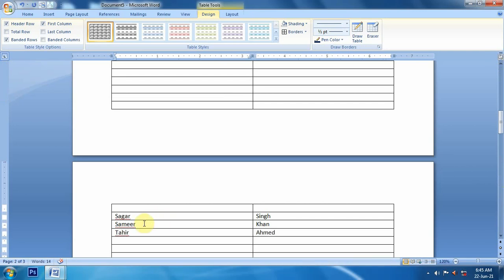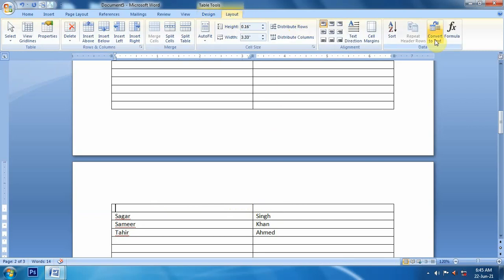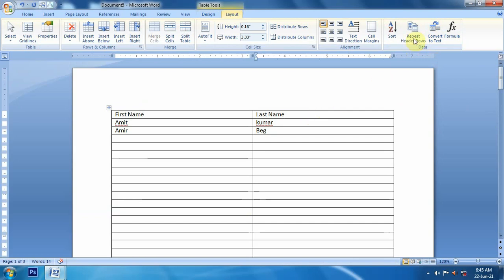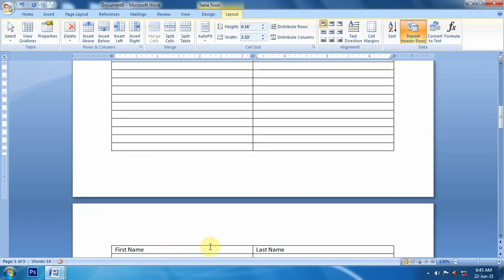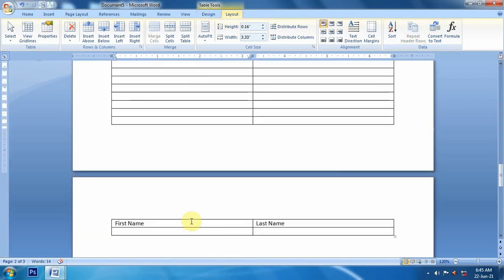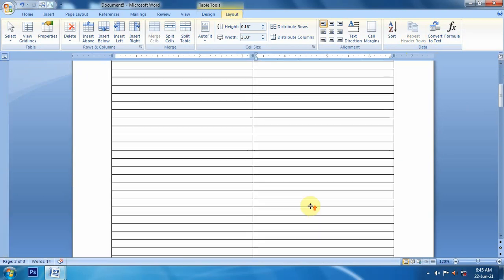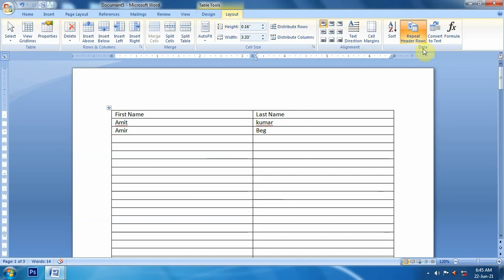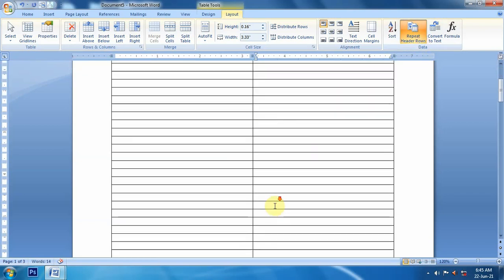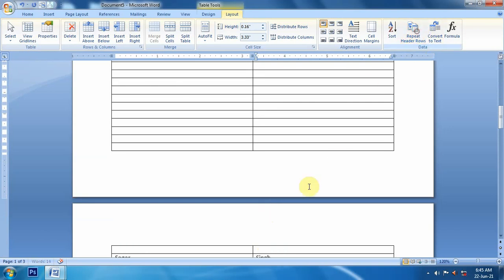Like this. But here the headers are missing, so we want to keep the header at the top of every page also. For this we will say repeat header. We will go to here and say repeat header. Now this header will be here also and here also. In every page the header will be shown. So this is known as repeat header. We will put the cursor here and click on repeat header, and it will repeat, otherwise it will be removed. Now it is repeating, but if we turn off this option, it will be removed.